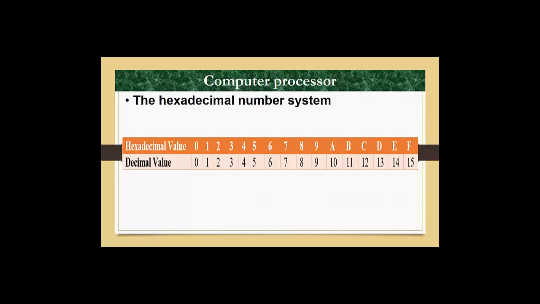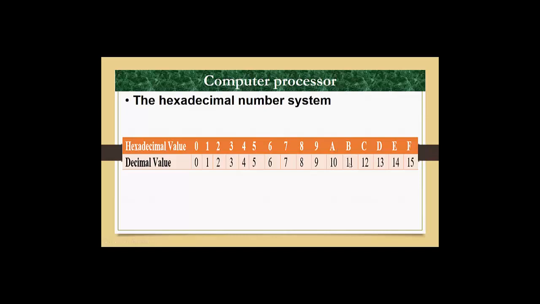And the hexadecimal values start from 0, 1, 2, 3, 4, 5, 6, 7, 8, 9, and after 9 they start from A to F. Students, the value of 0 in hexadecimal is 0, and 1 is 1, 2 is 2, 3 is 3, 4 is 4, 5 is 5, 6 is 6, 7 is 7, 8 is 8, and 9 is 9. But students, the 10 value in the hexadecimal number system is A,